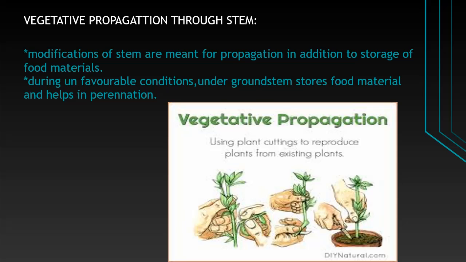Just to summarize, what is vegetative propagation through stem? It is when new plants arise from the nodes. Here the plants are arising from the nodes. You can see in the picture, this is where buds are found which grow into new plants. Within the bulb lies the organ for vegetative propagation, such as a central shoot that grows into a new plant. Bulbs have a bud surrounded by layers of fleshy leaves. So this is how vegetative propagation through stem occurs.